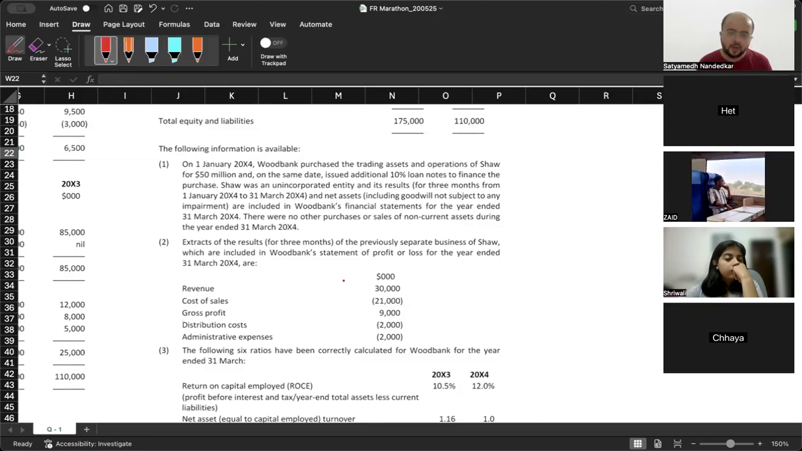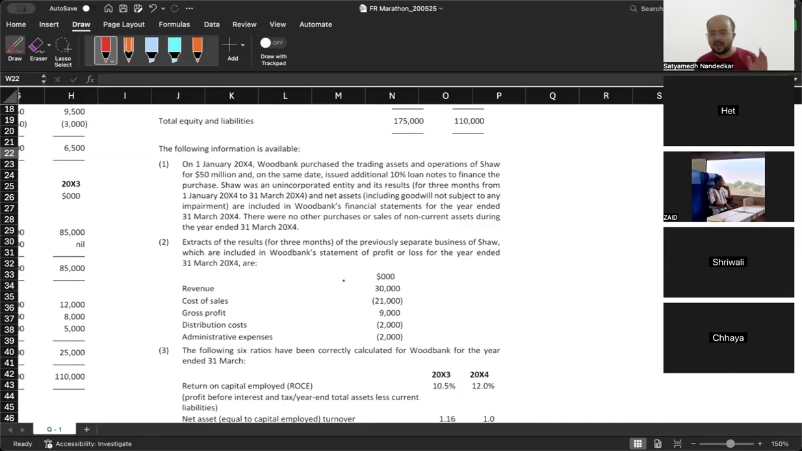Shaw was an unincorporated entity and its results for 3 months from 1st of Jan 2004 to 31st of March 2004 and net assets including goodwill not subject to any impairment are included in Woodbank's financial statements for the year ended 31st of March 2004. There were no other purchases or sale of non-current asset during the year ended 31st of March 2004. Look at this paragraph and now tell me the balance sheet and P&L that you saw, is it a consolidated